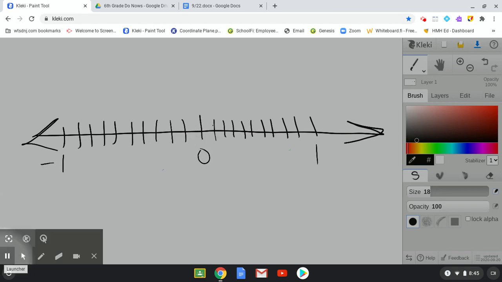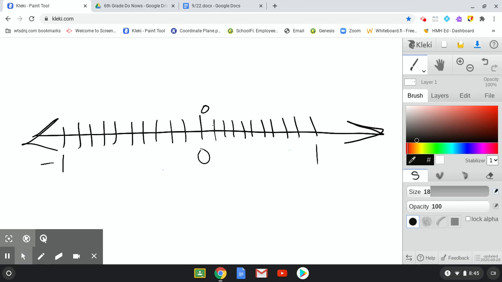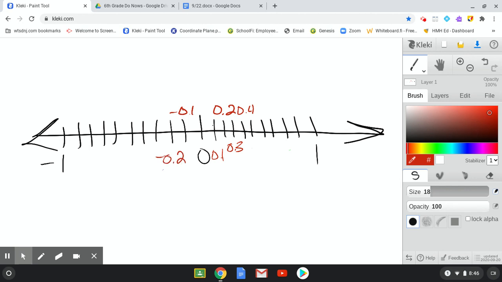So if I look at this, I would say this first tick mark is going to be 0.1. Let me just change my color. So this first one's going to be 0.1. The second one would be 0.2, 0.3. I'm just alternating because I don't have enough space. This one would be 0.4, 0.5, and so on. Same thing going to the left. This would be negative 0.1, then negative 0.2, negative 0.3. So when you're doing the assignment, make sure you know what intervals your tick marks are going